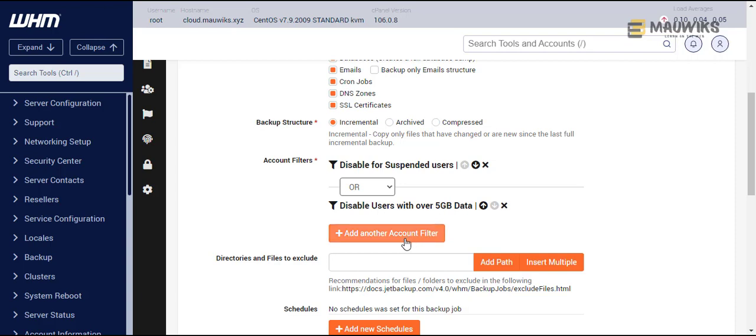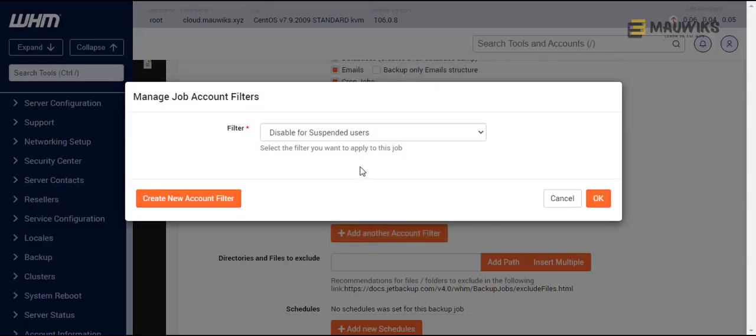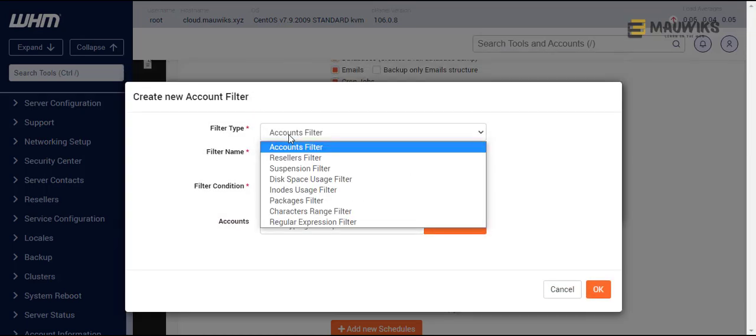So what you want to do is make sure that your websites with over 5 gig, you want to whitelist a few users, especially if you have provided an add-on for the storage, which has over 5 gig data within one server. So you want to add another filter for that, and create